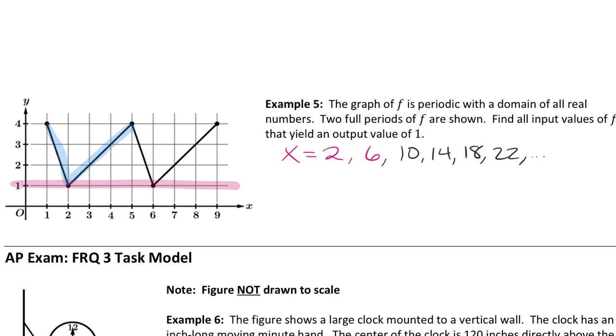So we need a better way to talk about what's called a general result or a general solution to one of these periodic functions. The way we're going to do this, and this is the way I like to do it the most, is we're going to say x is equal to the very first one that you see. What's the first solution you see? 2, I agree. And then how long does it take? What is the period for you to get to the next one? So we're going to do 2 plus 4k given